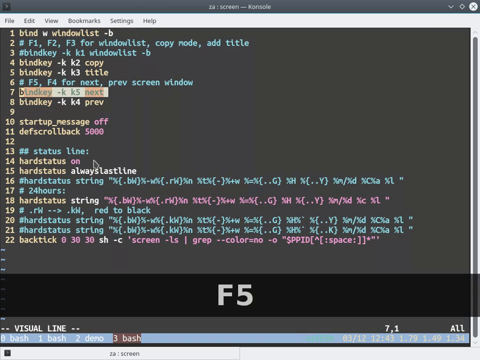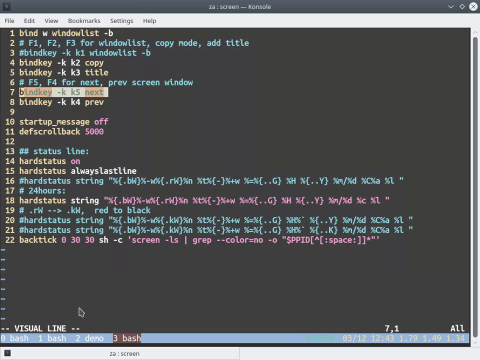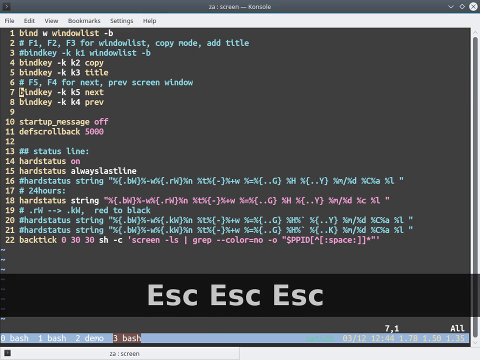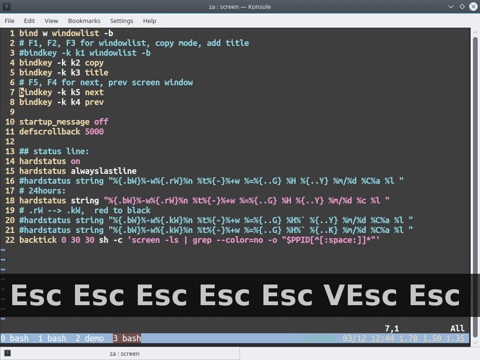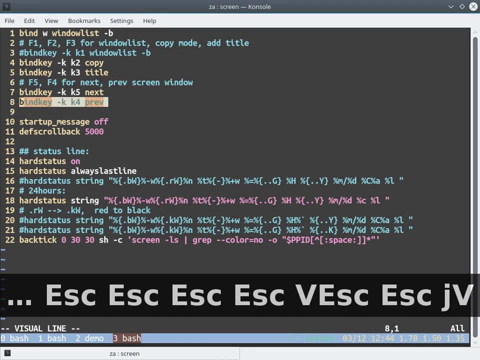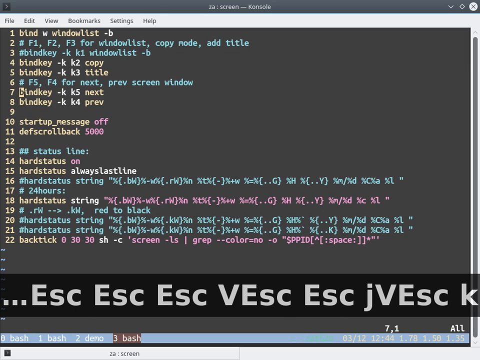I set it to show up this way. It has the title, the number shown on the bottom, and the date and time and the current CPU usage at the bottom. I feel it's good, and I rebind the key F4 to previous and F5 to next, but